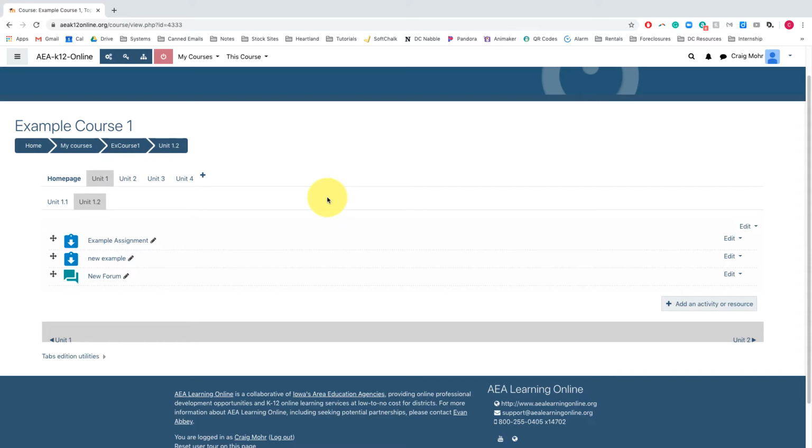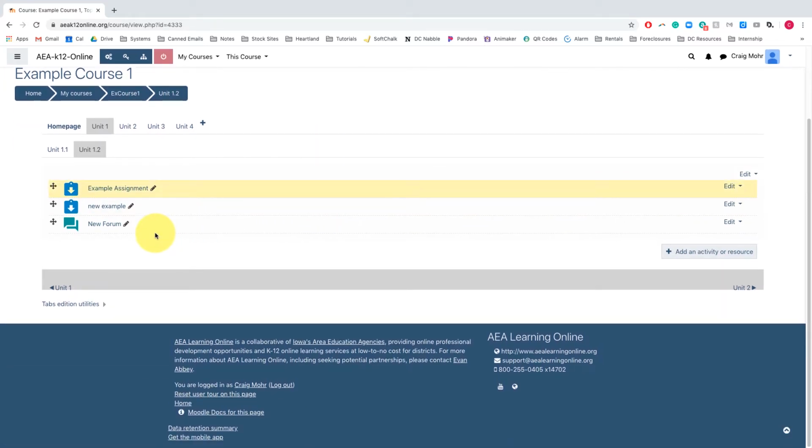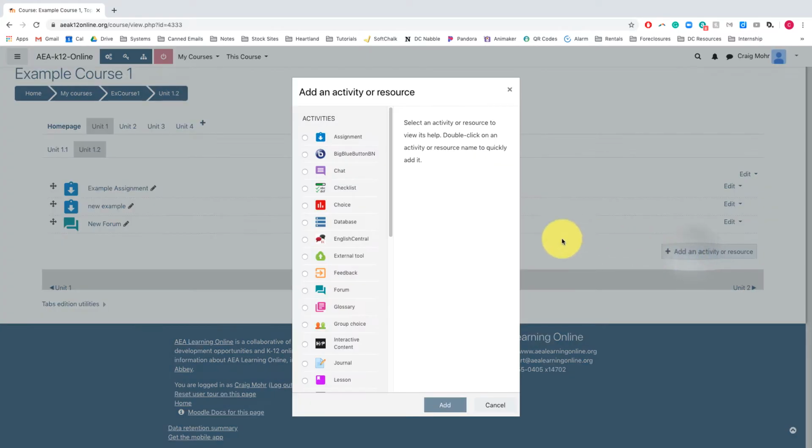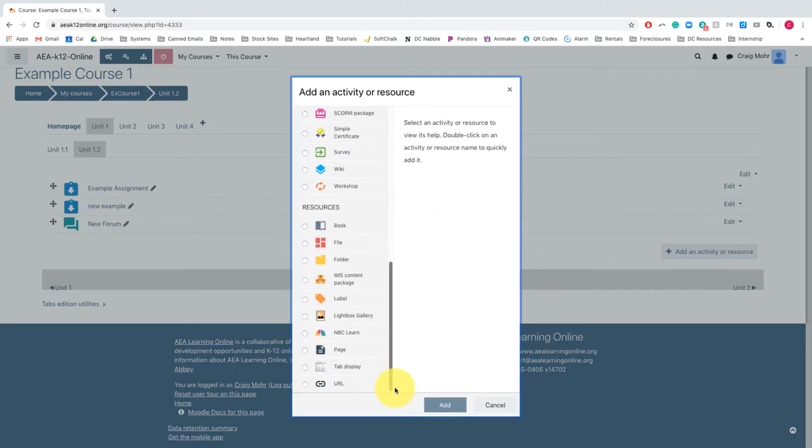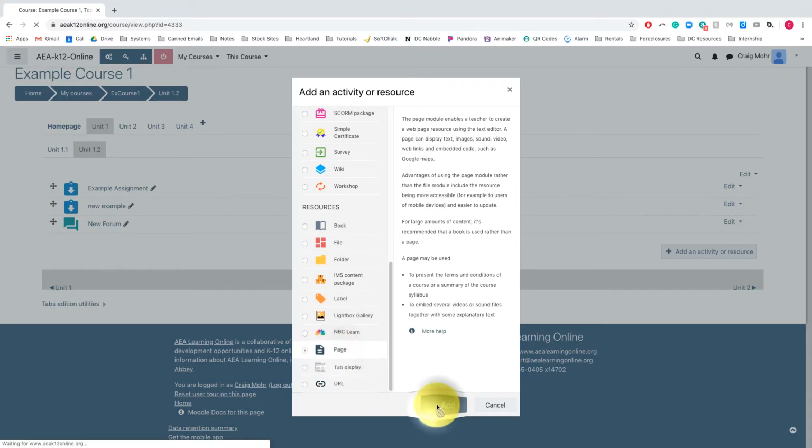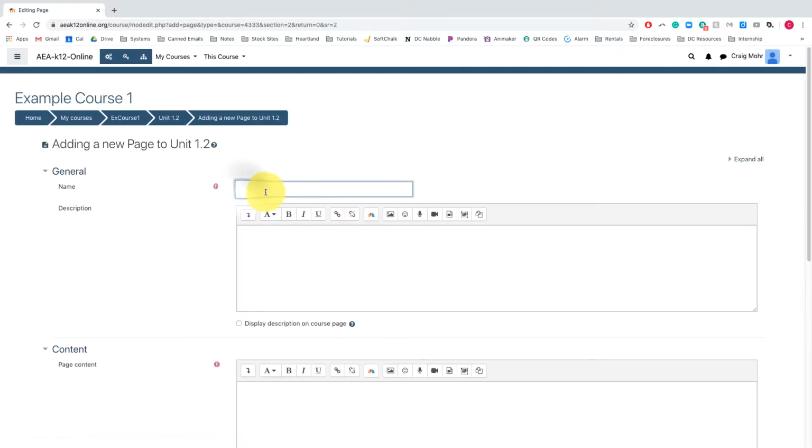Next, we'll get into using a page. A page is something that you're going to want to use if you have a sequence or a lot of resources that you don't necessarily want visible on this sequence of pages or resources. So a page could be something like maybe you want to teach students about the Pythagorean theorem, for instance. Rather than putting it all on this page, you may want to do